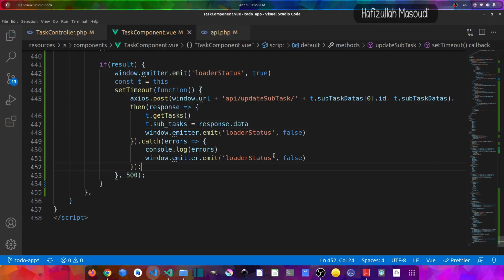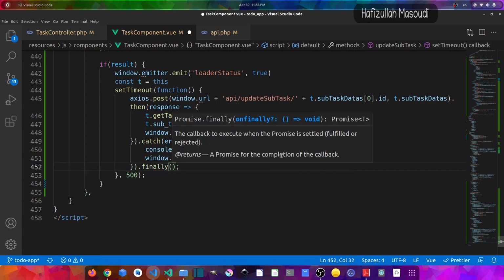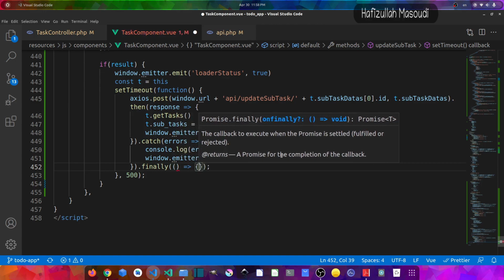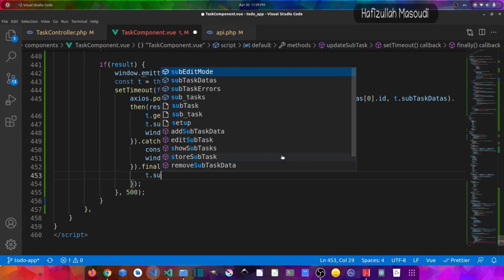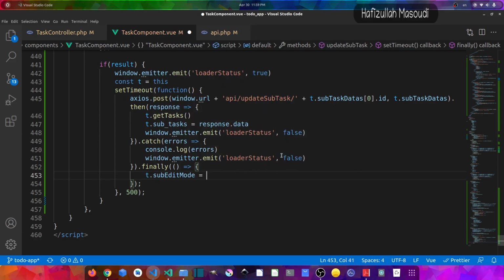Yeah. Now let's also add a finally function, which will take another function, and in here what I want to do is make false the sub edit mode, so t.sub_edit_mode should equal false,